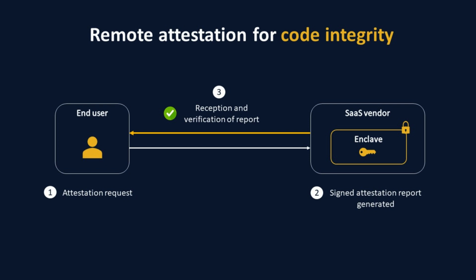And that means if something doesn't match up, if there's been a modification to the code that we weren't expecting, if we're not actually talking to an enclave at all, we can see that early on in the communication process, and we can cut that, we can stop that communication before we ever send any confidential data to that service. So thanks to attestation, end users have this proof that an enclave server is genuine and it's loaded with the